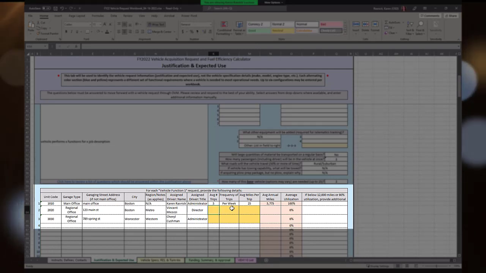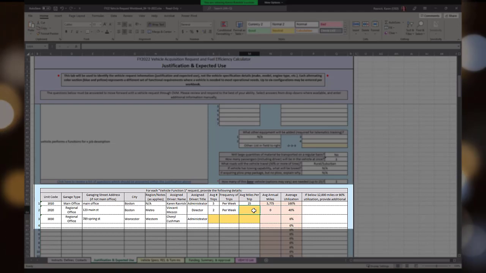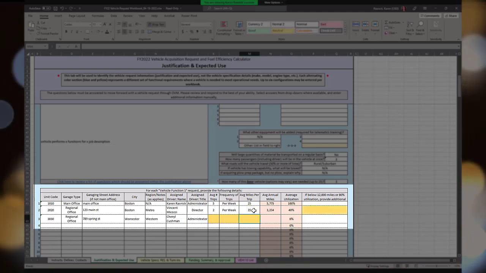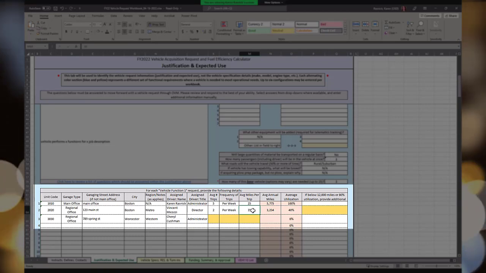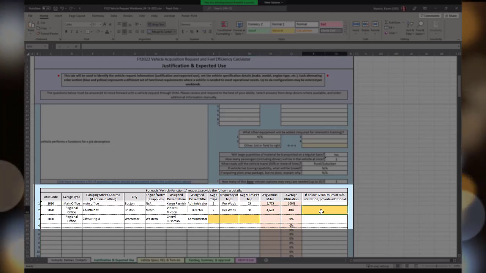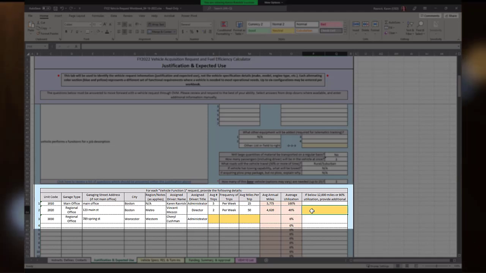So if I change that to 2 per week for this next one, and you're only at 40% utilization, and if you're still doing the same type of traveling, or even a little bit more traveling, twice a week, 50 miles per trip, you're still under the threshold. And you'll see that this utilization justification cell then becomes gold, because you'll have to provide